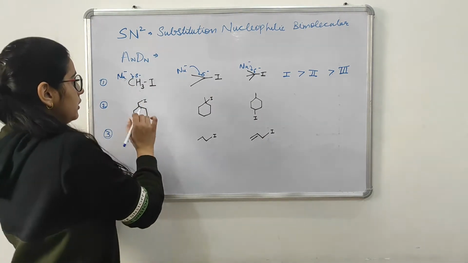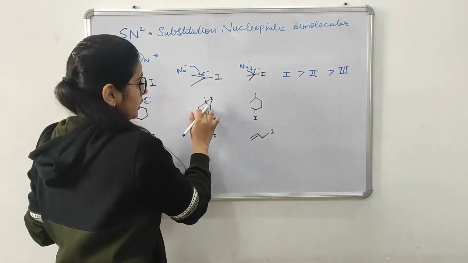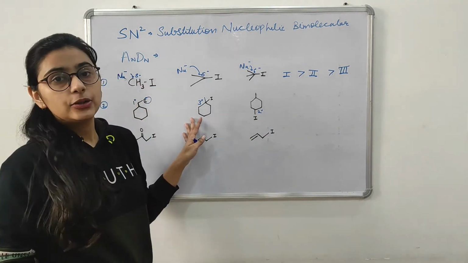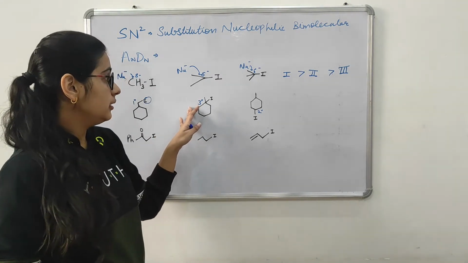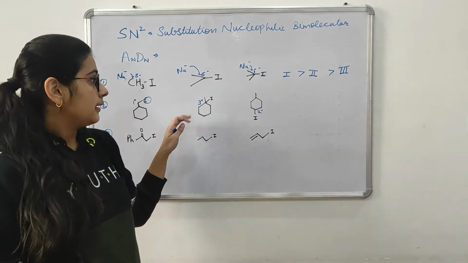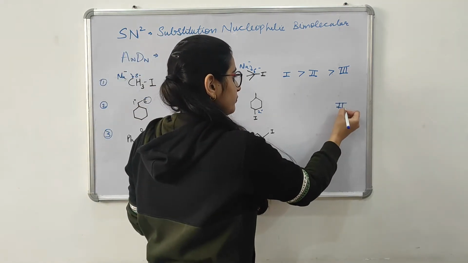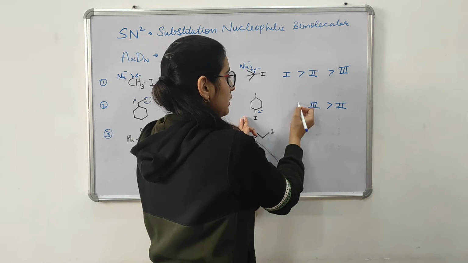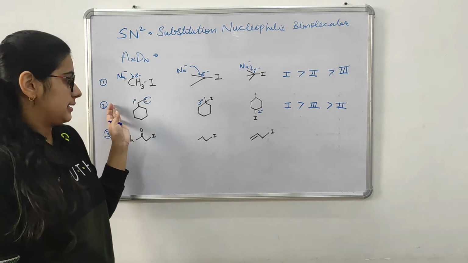Here we have nucleophile attached on this carbon which is 1 degree. Here this carbon is 3 degree and this carbon is 2 degree. So the rate of SN2 reaction also depends on the steric hindrance. Here it is a 3 degree carbon, so nucleophile will not be able to attack that effectively. That's why its rate of reaction will be the least. Then we have this 2 degree. This will react faster. And then we have this 1 degree carbon, which will react fastest.